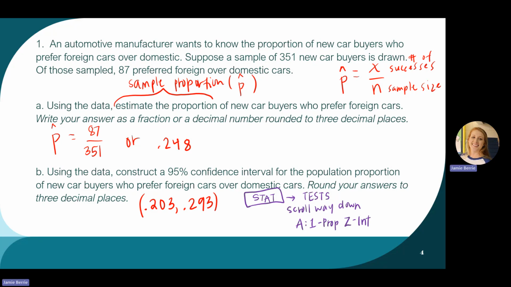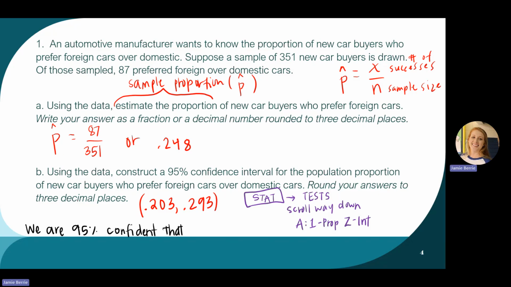If we were interpreting this, remember we've talked about this every time: depending on what statistical software you're using, whether it's Excel or the calculator or SPSS or SAS or R, it's going to be different how you construct these confidence intervals. The steps, what buttons you click, are going to be different, but the interpretation is always going to be the same. So it's important that we know the interpretation. We would use that same template sentence from before. We are 95% confident that